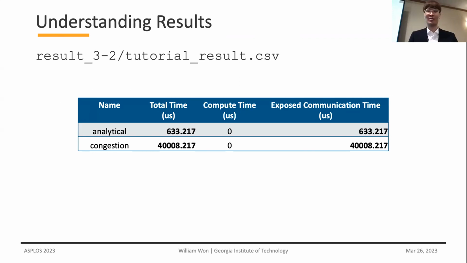The congestion-aware backend was able to model the congestion happening and report more accurate results. So as the demand for which network behavior one should simulate changes, one can just implement the network API that we explained before and use their own network backend as desired. So with that, I will finish my